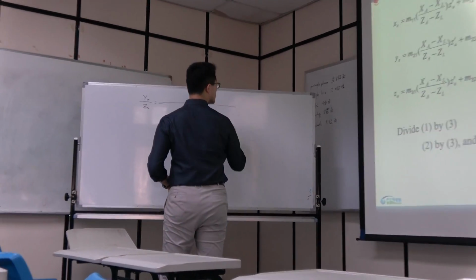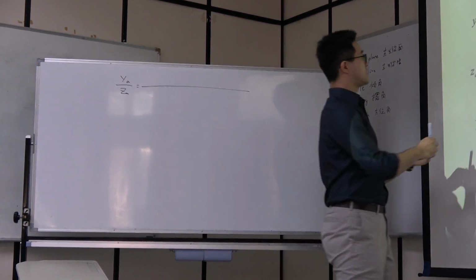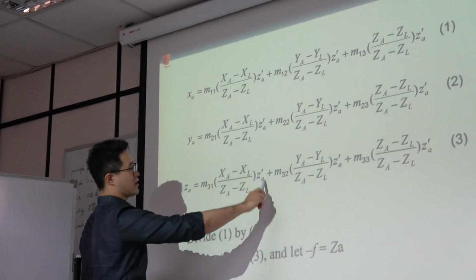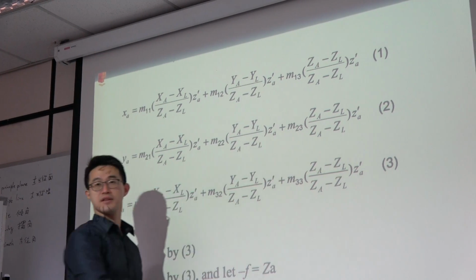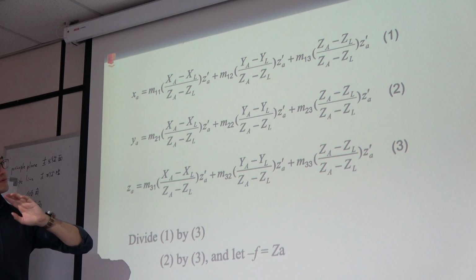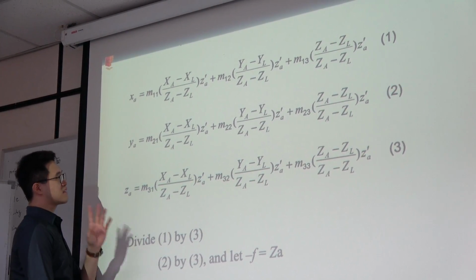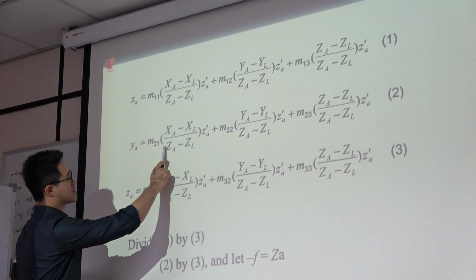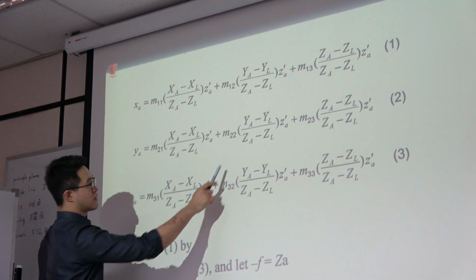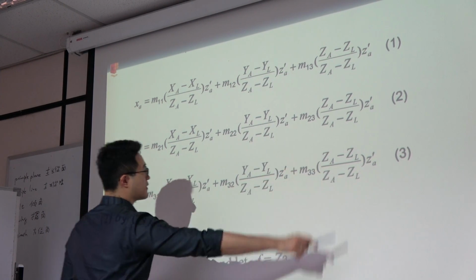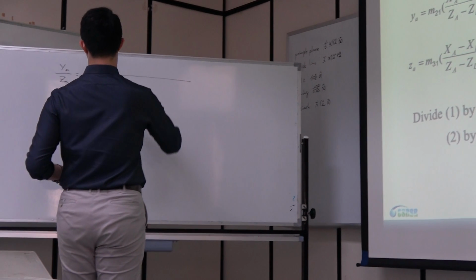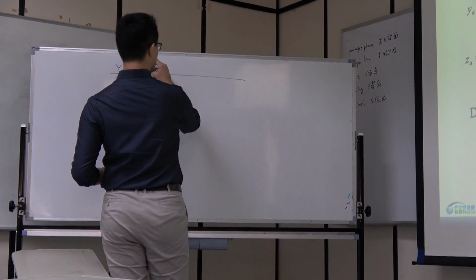If you divide this by this, then the ZA plot is gone, because everything has the ZA plot. In addition to that, we also remove the ZA minus ZL. We also remove this. So in this case, whatever remains is M21